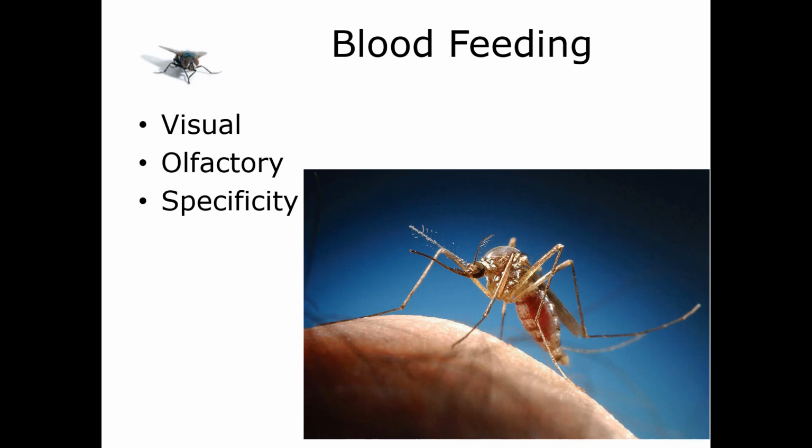So host finding behavior in mosquitoes involves the use of volatile chemicals to locate hosts. They're going to cue in on things like carbon dioxide and lactic acid. They're some of the best documented host attractants. There are other skin-associated odors that are known to be important. We think that they're associated with the bacteria on the skin, and these odors have an effective range of 7 to about 30 meters. In some species, they can pick them up 60 meters away.